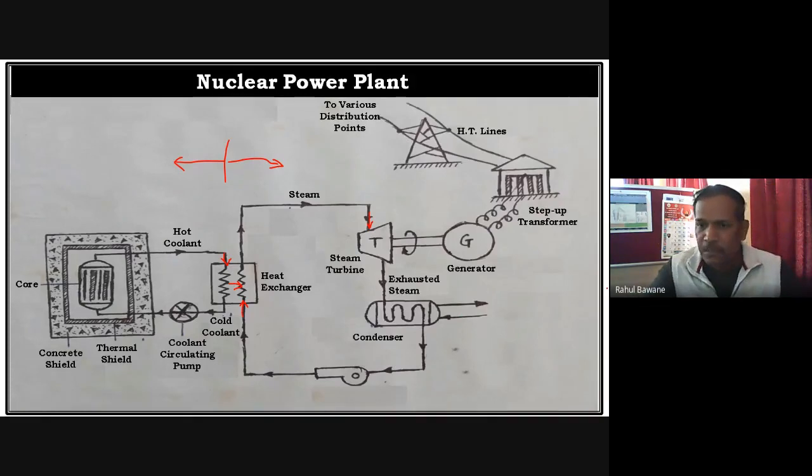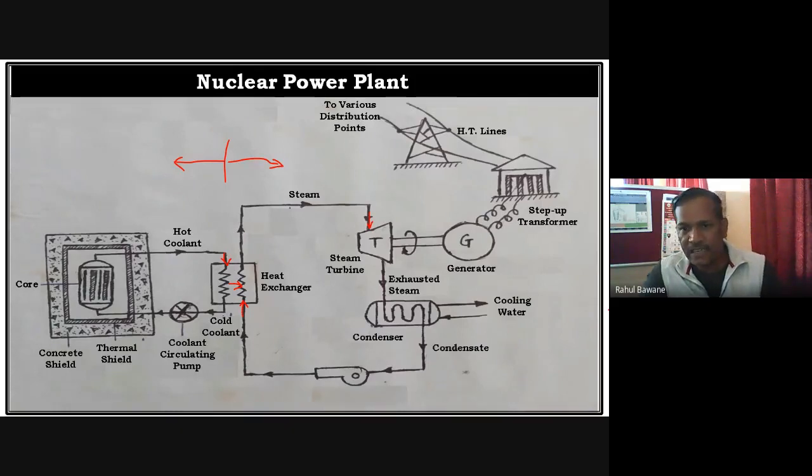In a condenser, we supply cooling water. So steam enters the condenser, passes through the tubing, and cooling water circulates surrounding the tubes. The steam delivers its heat to the cooling water, and that steam gets condensed, converting into liquid form, and the cooling water becomes warm. This warm cooling water is then supplied to the cooling tower, where it cools down and is recirculated to the condenser. So in the condenser unit, exhausted steam is converted into liquid form, a phase change takes place, and that condensed steam, the liquid form, is called condensate.